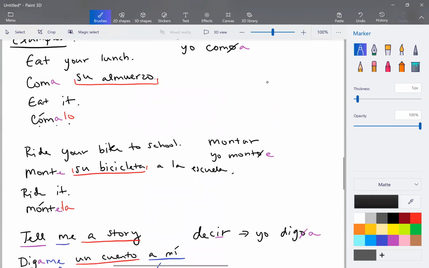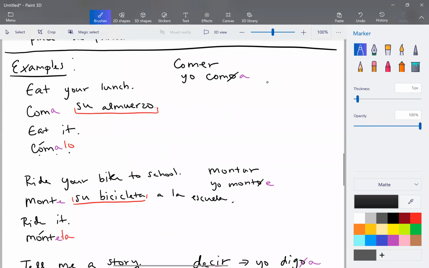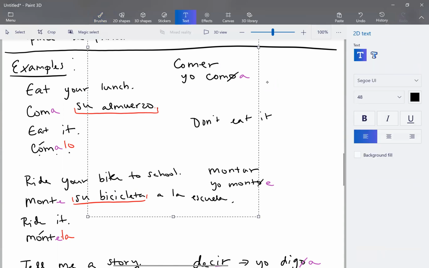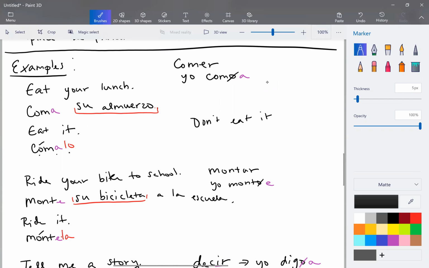And we can also tell them not to. Don't eat your lunch. It's Friday, so for the second example where you didn't write the a la escuela at the end. Oh, I just forgot to. Okay. Thank you. My bad. I'll fix that right now. Okay. So if we're saying don't eat it,